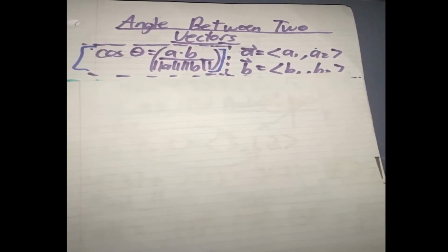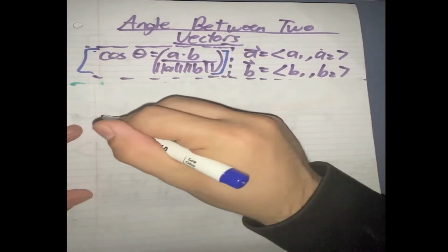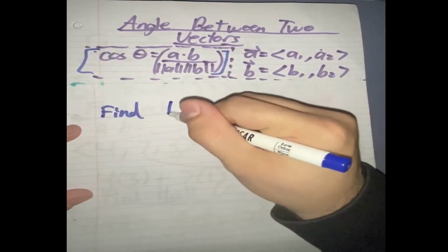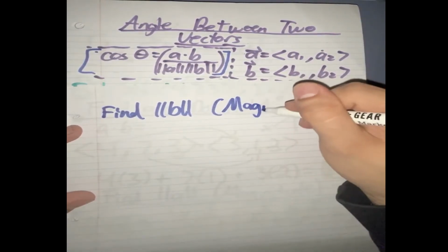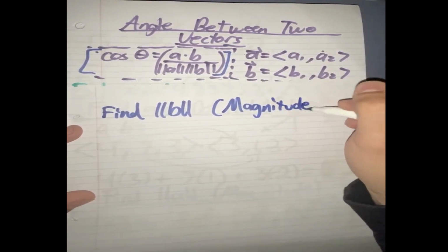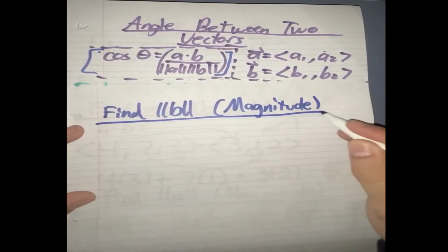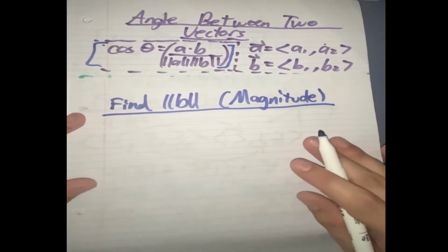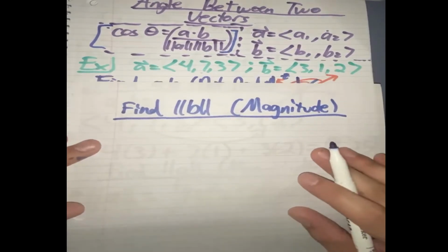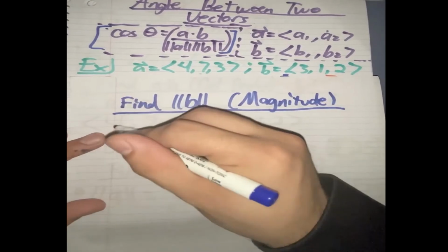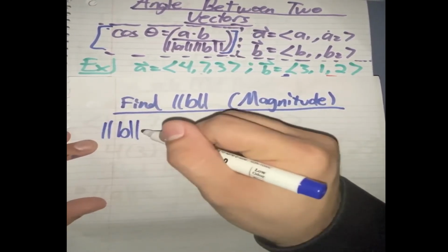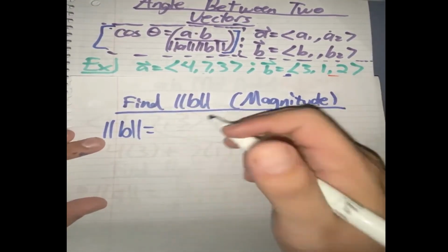So the next step is find the magnitude of vector B. So to find the magnitude of vector B, we apply the exact same process. So the magnitude of vector B is equal to